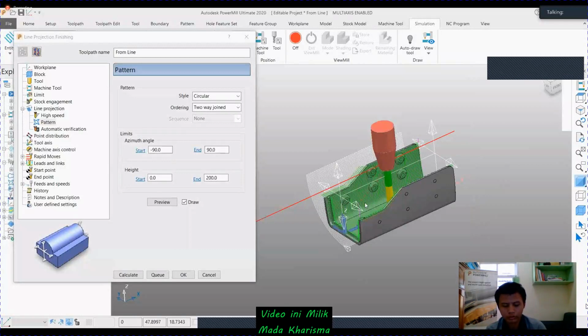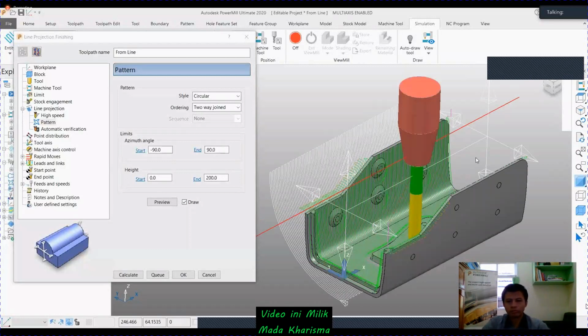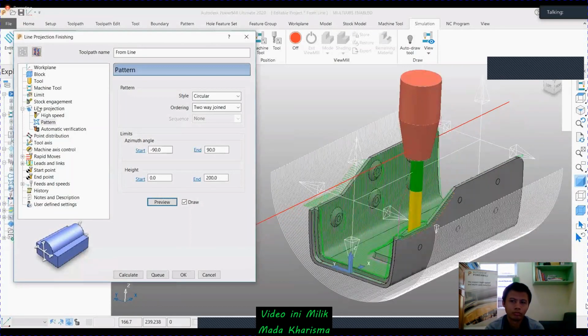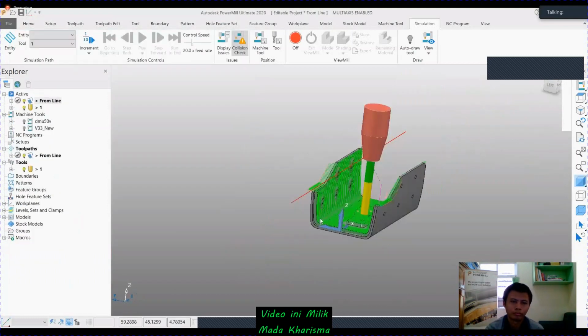That is the main part of this. Just preview it before proceeding to the toolpath calculation. So this is the line projection option. You can create it by specifying the tool direction as towards, that means here I am projecting along the x-axis, so it's x-axis 100.